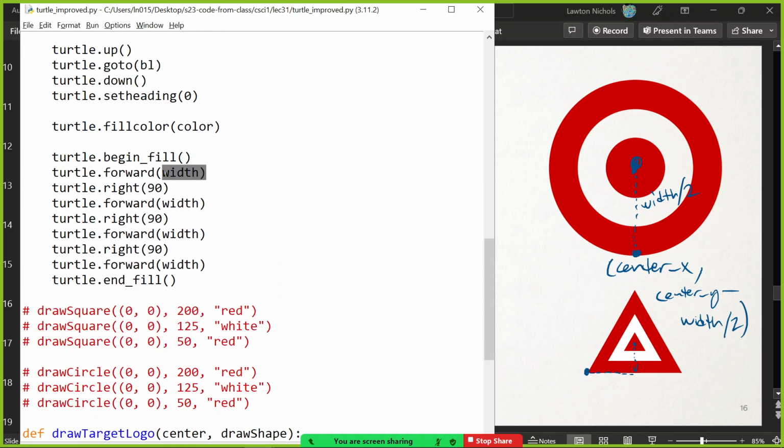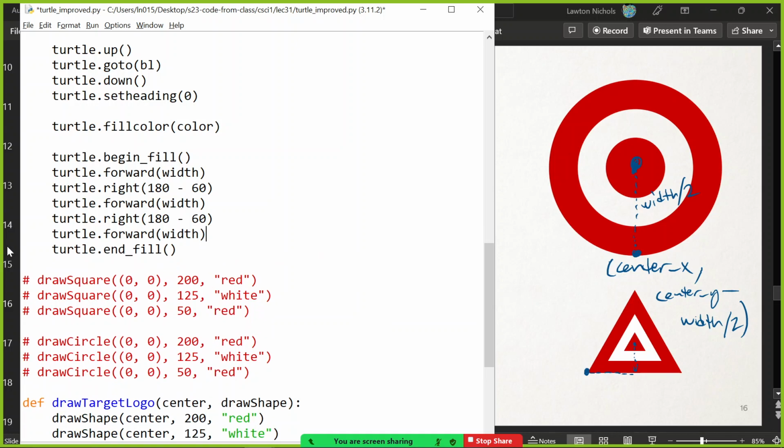And so go forward width, and then turn right 180 minus 60, because that's how much you need to turn for that triangle. Remember that? So that will be drawn 3 times. So 1, 2, 3. We don't have a fourth side because we're not a square anymore. And that is your triangle, I believe.